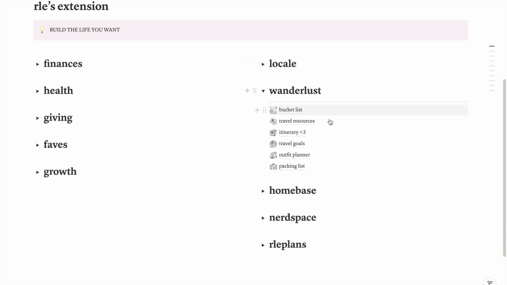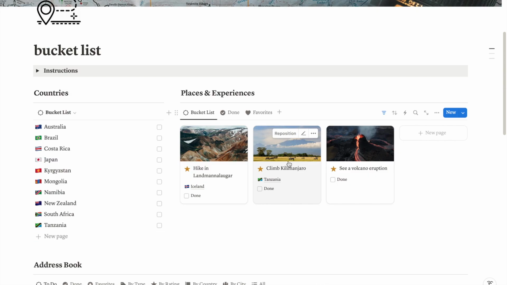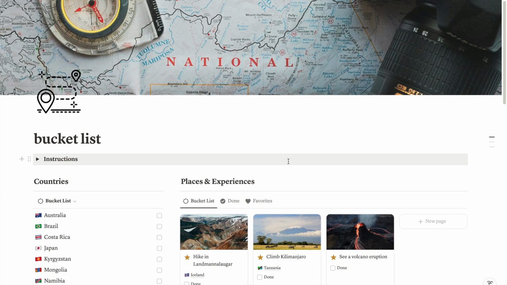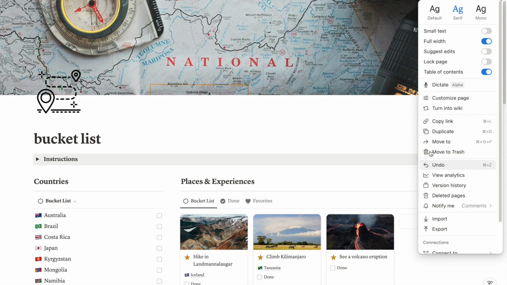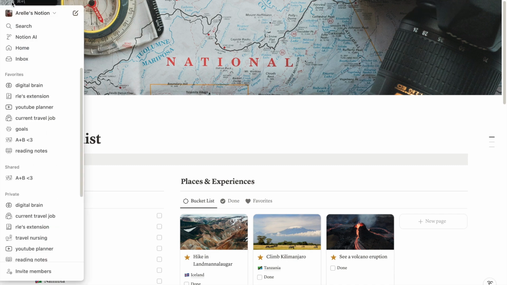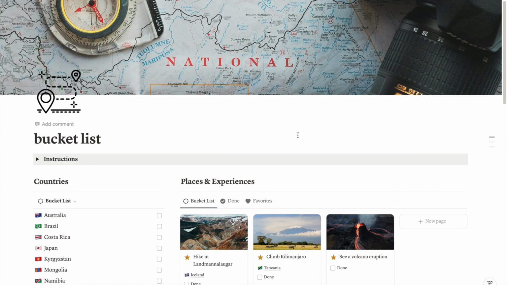Next is my wanderlust. I have my bucket list right here. This is a template that I got from a Notion person, because you can check out free templates somewhere. Where do I get that again? No, I don't think it's this one. I want to say it's either on search or, oh yeah, here. So it's on templates, and then you can literally search habit tracker or finance tracker, and then a lot of free stuff will pop up. Some are paid,